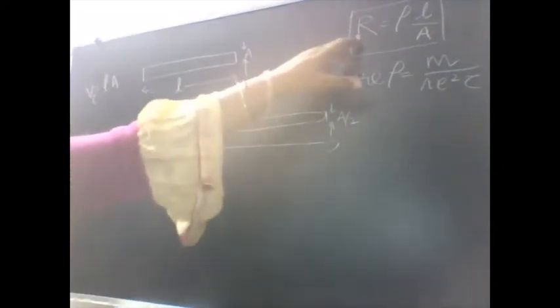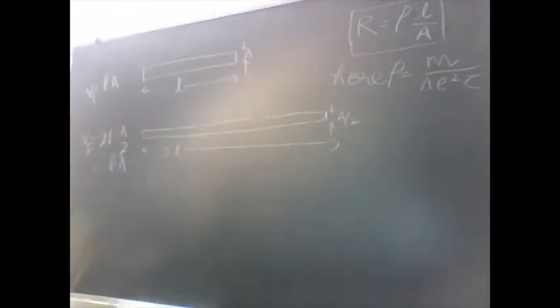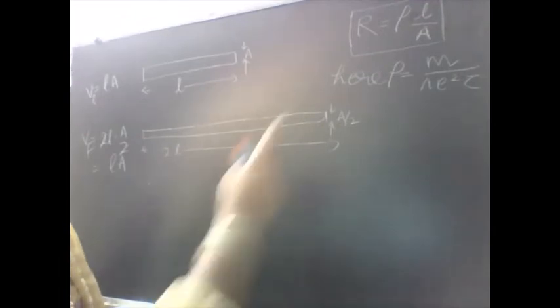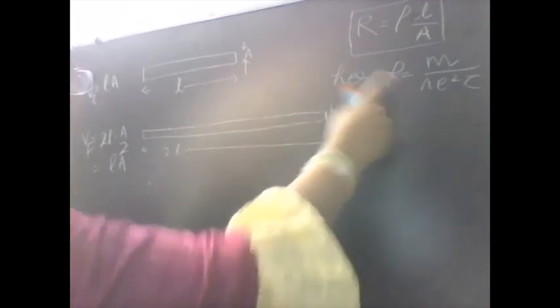Let us use the parameters here in this formula. One thing, before we substitute the values in the formula, will the resistivity also change when we stretch the wire to double the length? Will the resistivity also change? No. We are not changing m, n, e or tau. None of the parameters is changed. That means the resistivity of the material remains same.